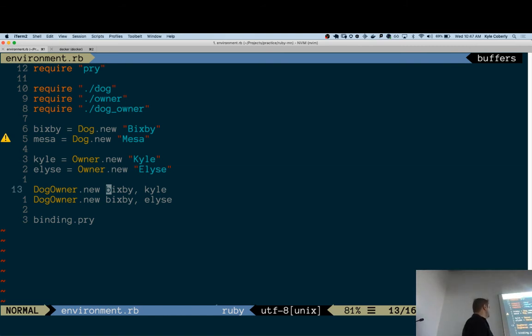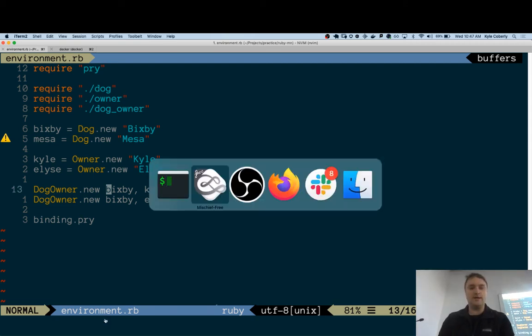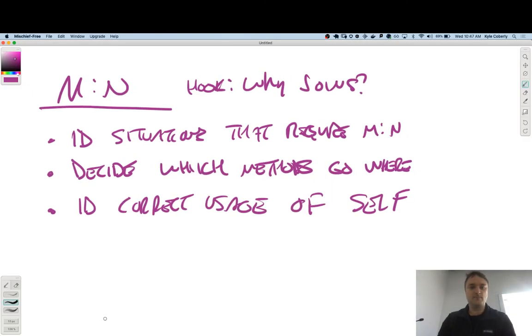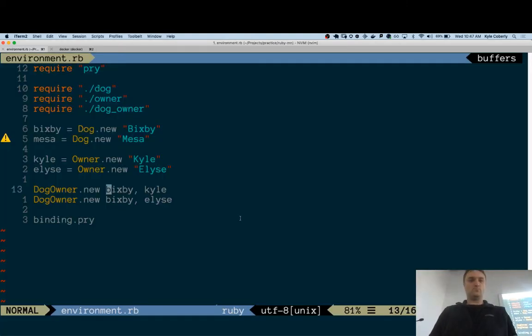Beautiful. So we've got this all modeled correctly now, but how do I do Kyle.dogs, Elise.dogs? This is part of which methods go where. This is how we're reaching through and going through the class. Yep. That's when you want to add the attr_reader.